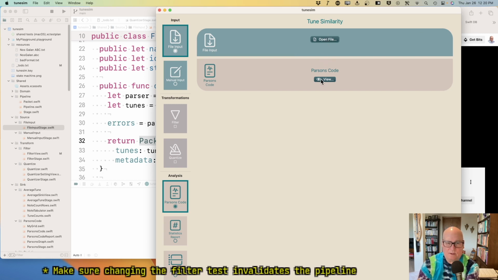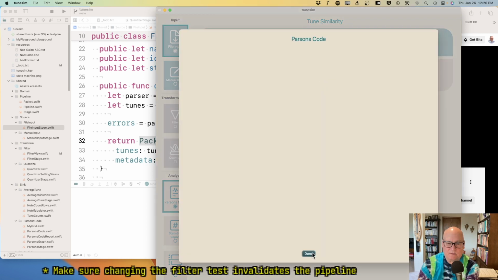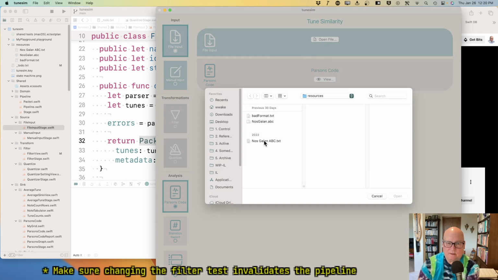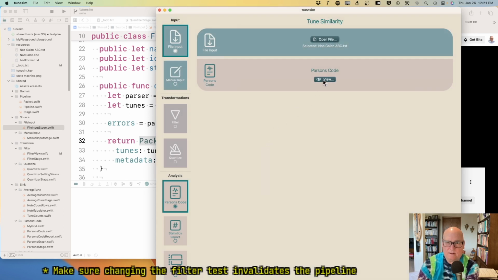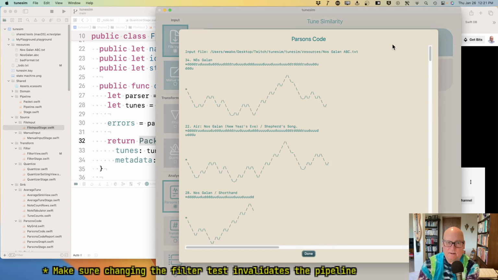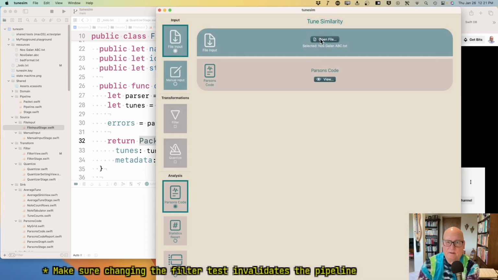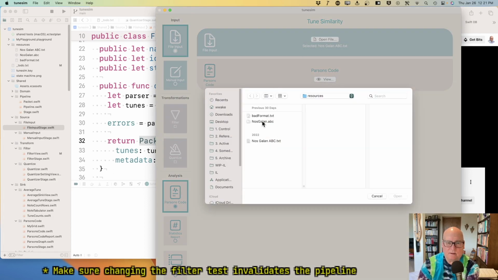okay, we have a Parsons code view that starts empty. We'll open a file and we'll look at it. 39 things. I mean, more than 3. We can see that for sure. Okay. Now, if I open a new file,